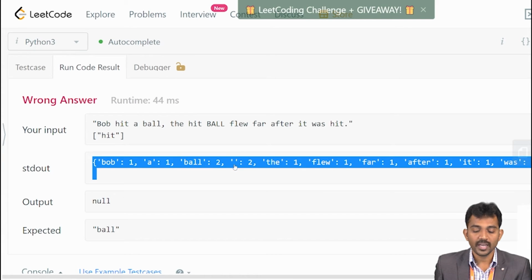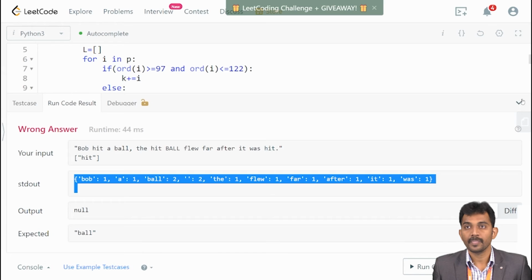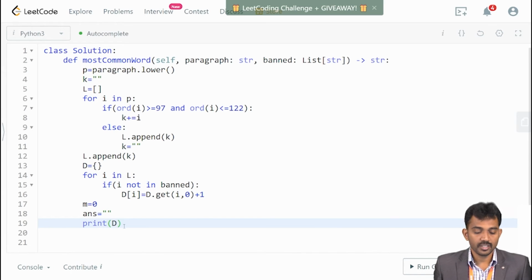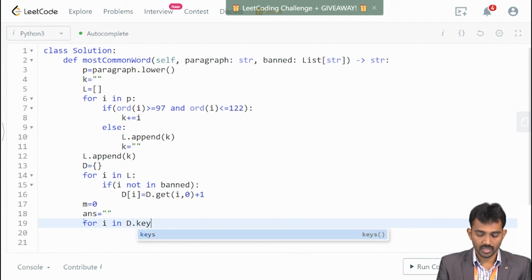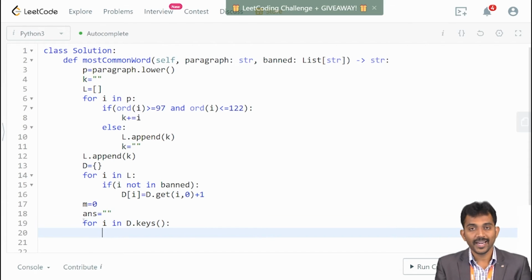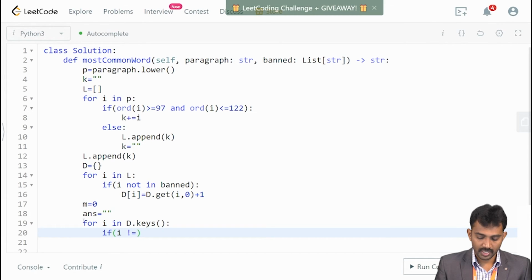So what I need to do here, observe clearly, is traverse for i in d.keys(). With d.keys(), I'll get one key at a time. If i is not equal to the empty string,